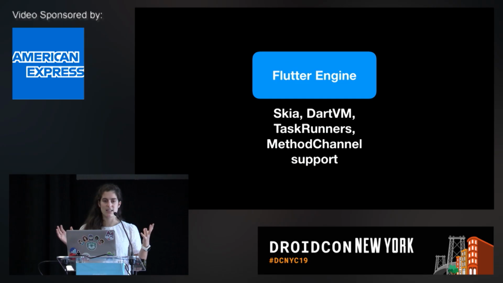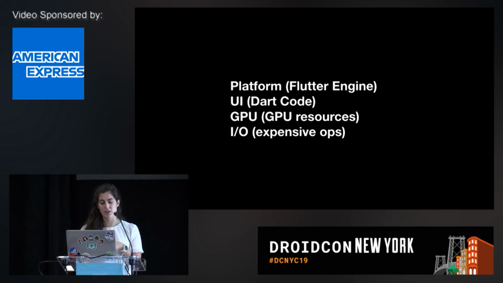The Flutter engine contains the things that you would consider lower level, so Skia, the Dart VM, task runners, method channel support, etc. And a side note on task runners, the Flutter engine requires you to init with 4 different task runners. So there's the platform one, in which all of the Flutter engine work happens, and the platform task runner is actually backed by the main or UI thread, which is funny because there's also a UI task runner which you would think would be run on the main or UI thread, but the UI task runner in Flutter is actually responsible for all of the Dart code, because that is where you are describing your UIs, and so this can be done on a different thread, and then we have our GPU runner and our IO runner.